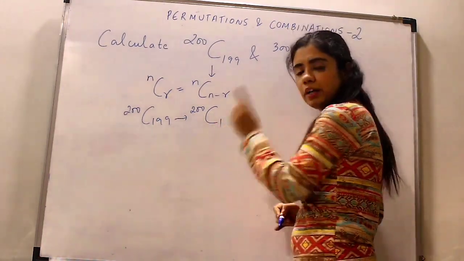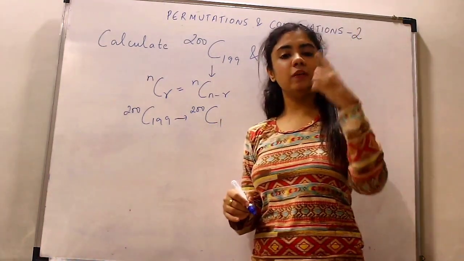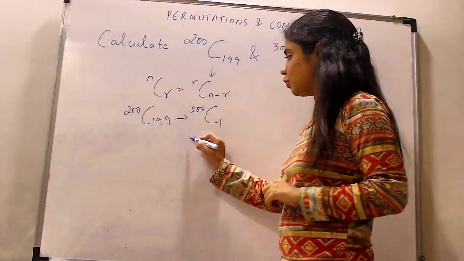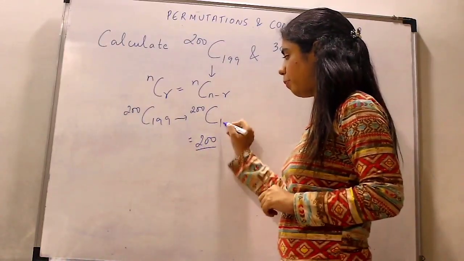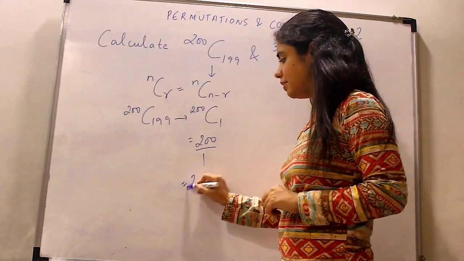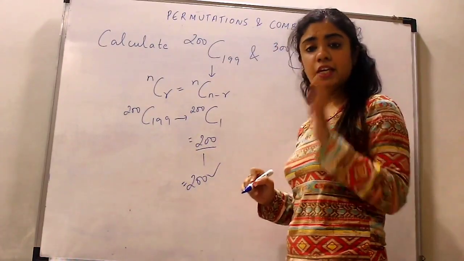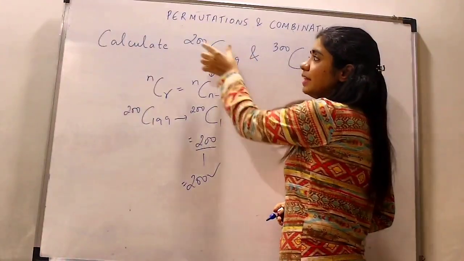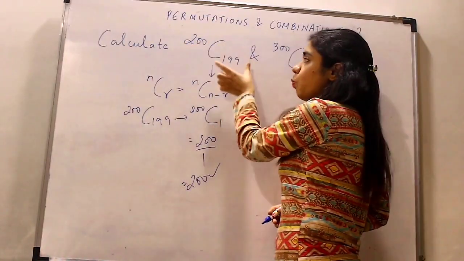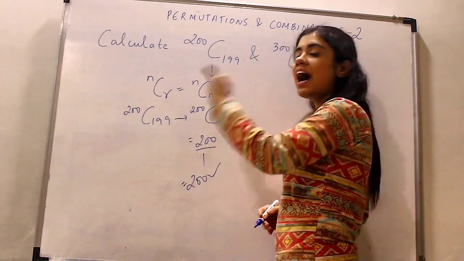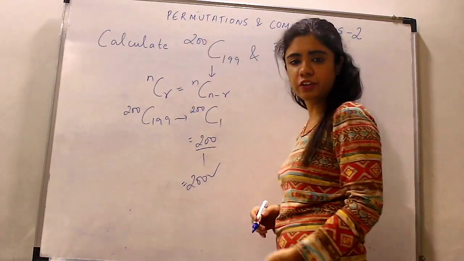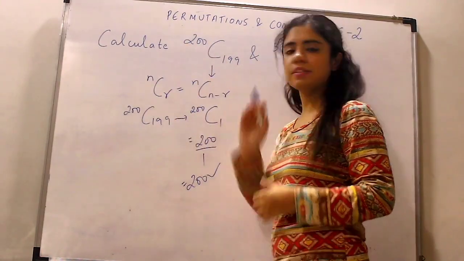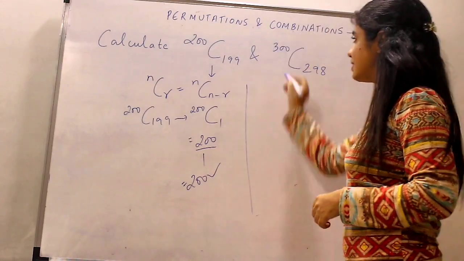Since this number is 1, you will be writing one digit in the numerator, one digit in the denominator. So it will become 200 upon 1. So my answer is 200. Okay? So just remember, whenever this value is more than half of this value, so 199 is more than half of 200, half of 200 is 100, you will be using this concept. Now let's look at the second value,